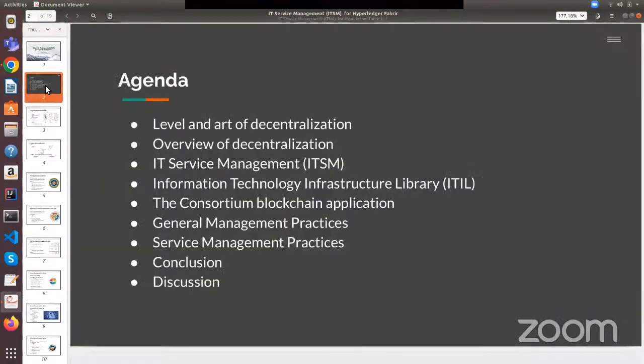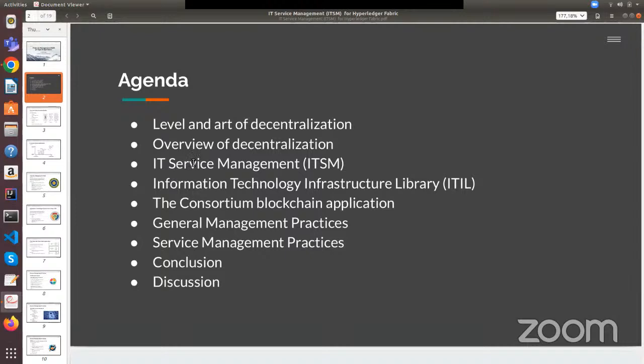And I will start with the level and art of decentralization as usual. It might be boring, but I would say it's important always to have the roadmap, always to have the point of view of what we are talking about. It's much easier to position ourselves in the world with that. So even if it might be boring, I just start with the level of decentralization, some overview of decentralization, and then